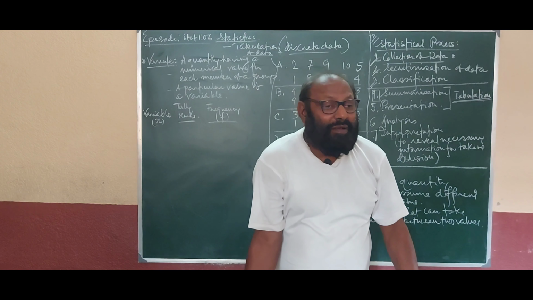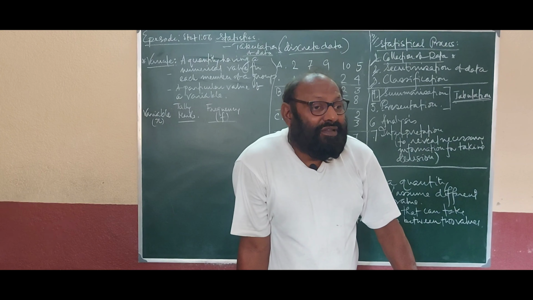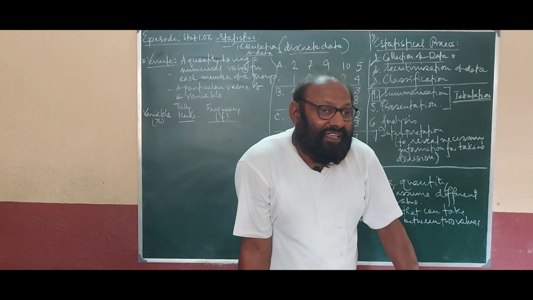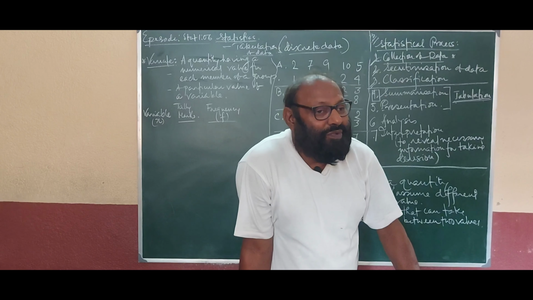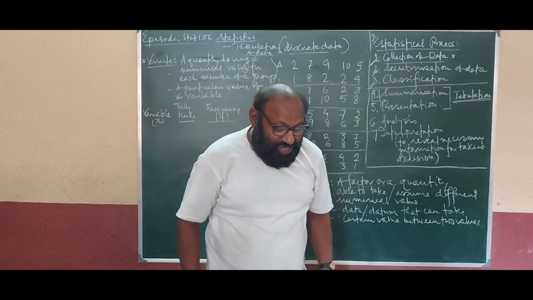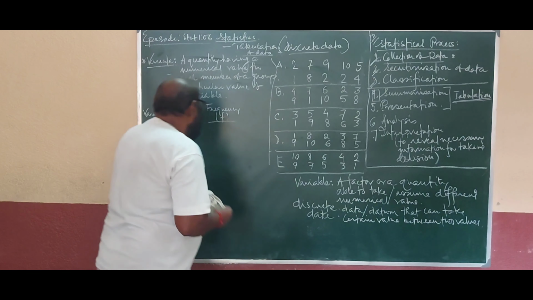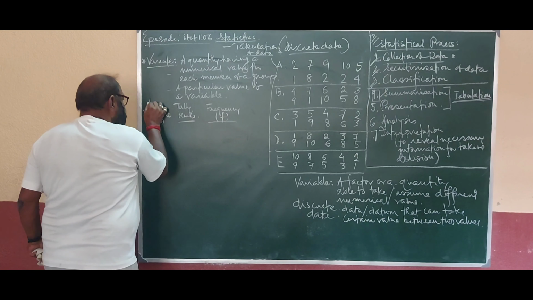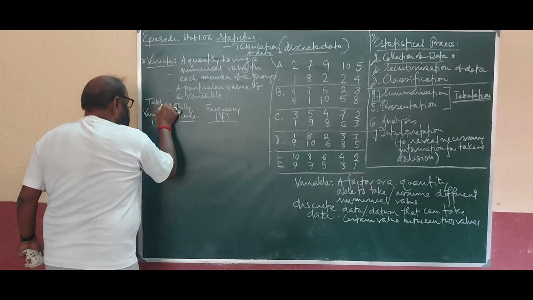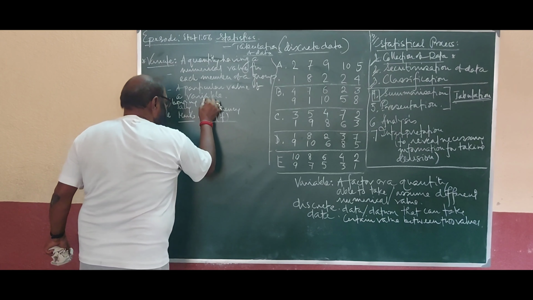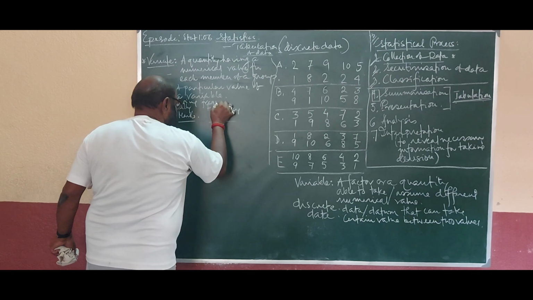What is tabulation? Tabulation is a method of presenting summarized data with the help of a table. That is why the tabulation table is known as the frequency distribution table, the table showing frequency